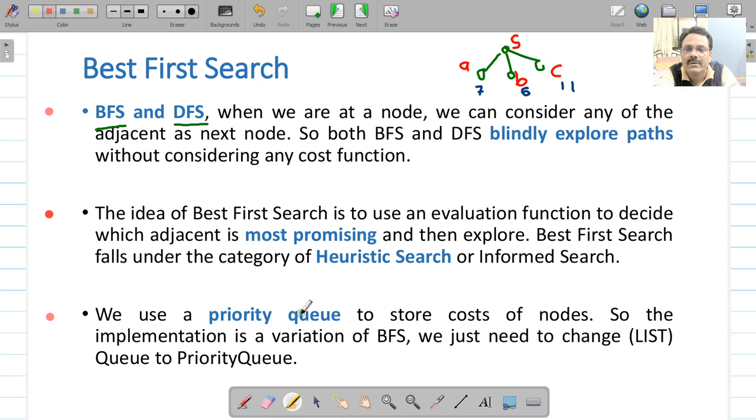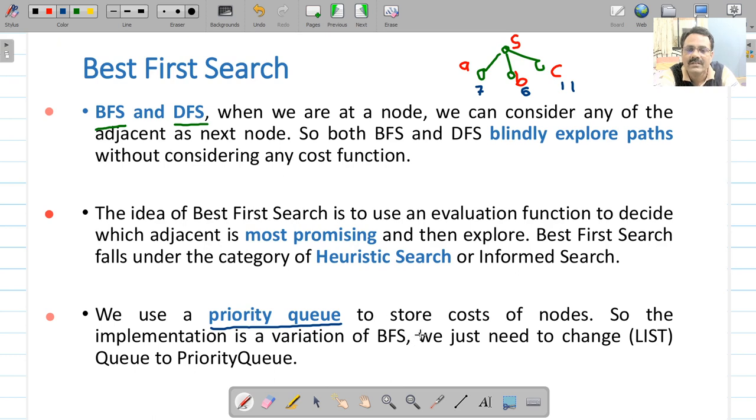I told you that it implements the list as a priority queue. The list or queue data structure is basically a priority queue, and it will store nodes along with their cost. This is different from the breadth first search algorithm.